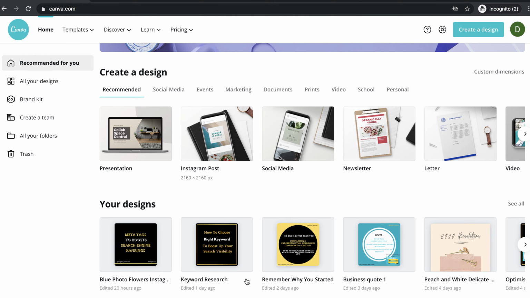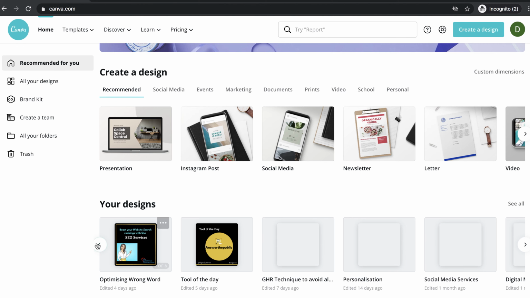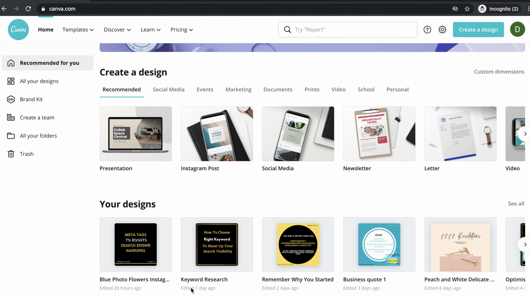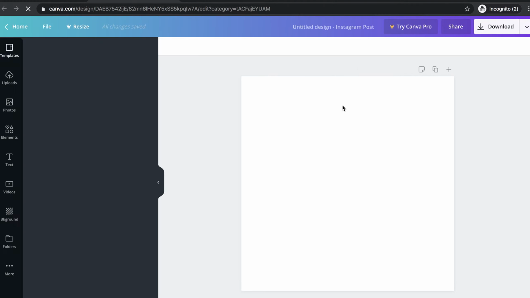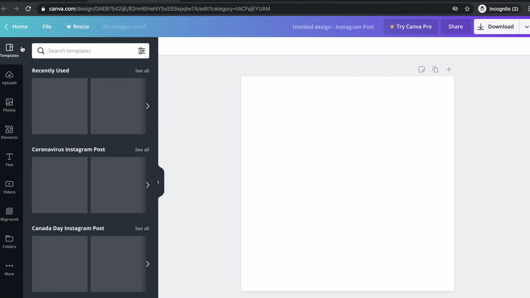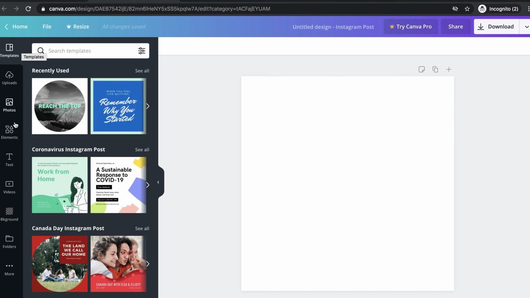Okay, so here you can see my feed. I have designed a lot of posts using the Canva tool. Today I am going to show you how to create an Instagram post. Here you are seeing that the Instagram post template is available. Just click that Instagram post. Here it is showing the pixels, the dimensions also. So just click on the Instagram post. On the left-hand side of the page, you are seeing the tools, right?